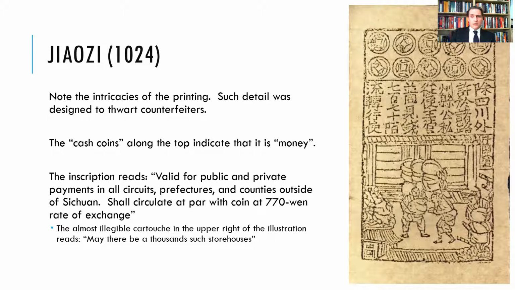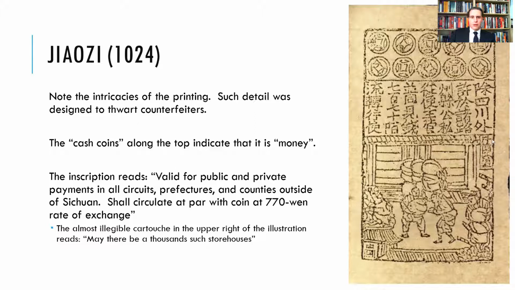A second aspect of it you'll note is all these circular symbols with the square holes punched through them. These are the familiar cash coins that began to be used in the Eastern Zhou dynasty over 15 centuries before. This helps people to understand that this circulating piece of paper is in fact money and can be exchanged, interestingly enough, for coin at a rate of 770 yen, or a full string of cash for this particular piece of paper security. Finally, you'll note the inscriptions here in the center panel and along the edge of the